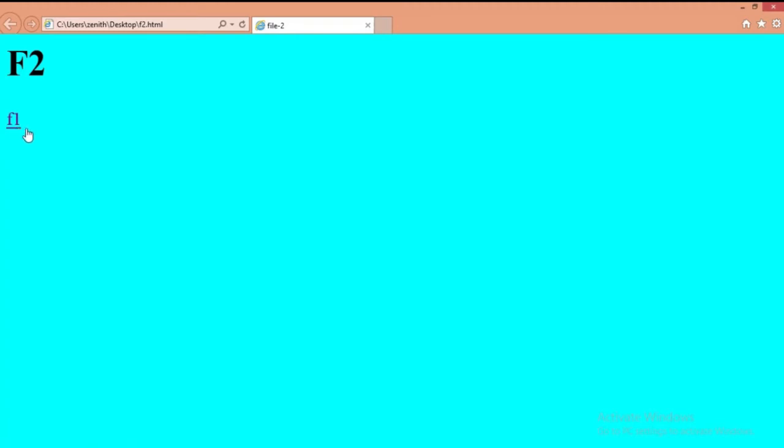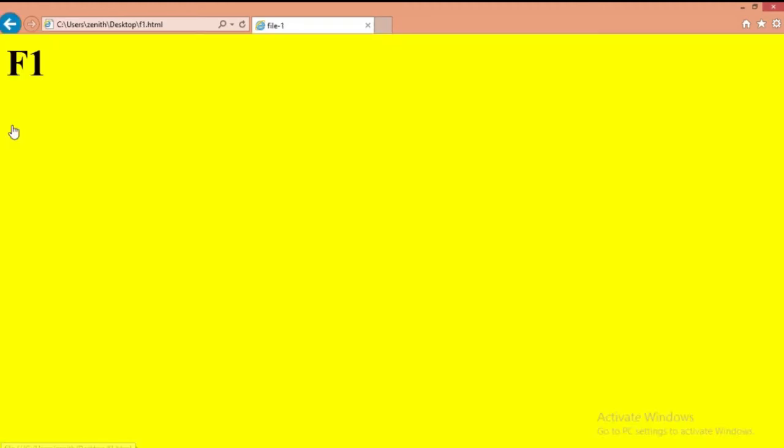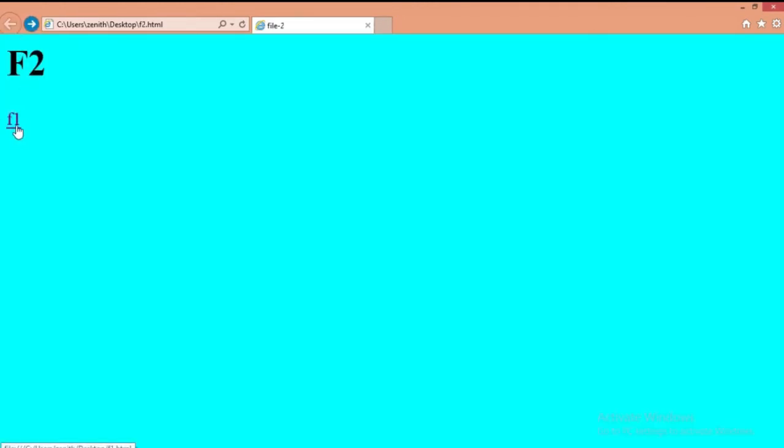Observe that F1 is also in a different color with an underline. So what will happen when I click on the F1 text? It will open file number 1. It is a link, or hyperlink.